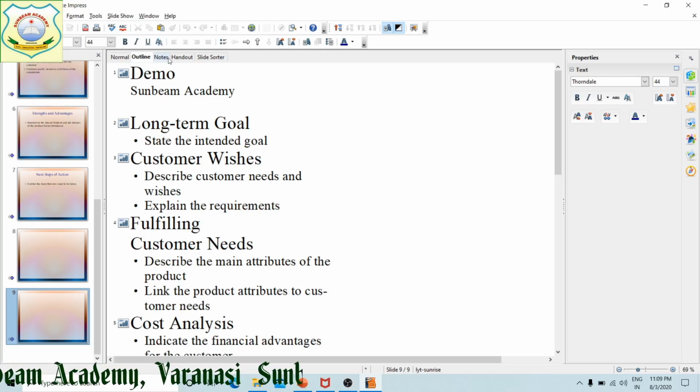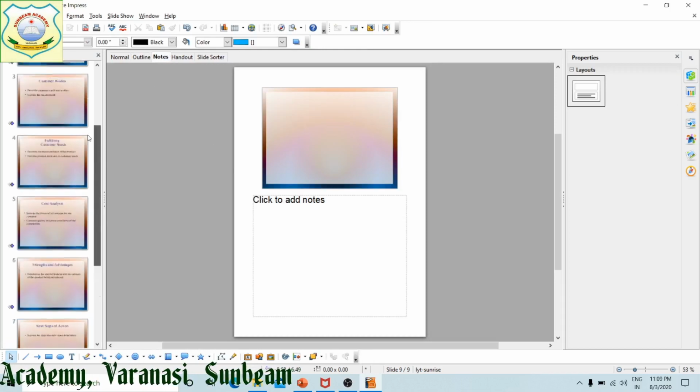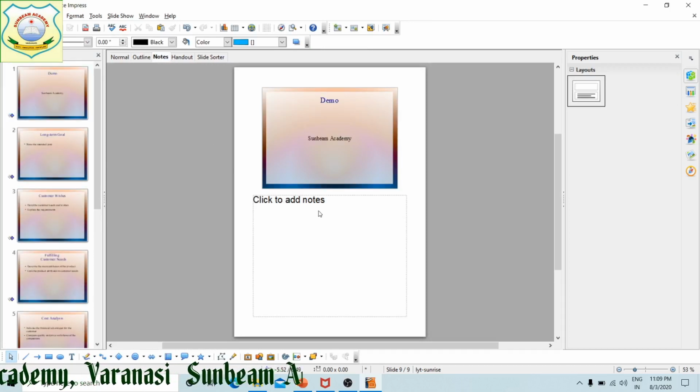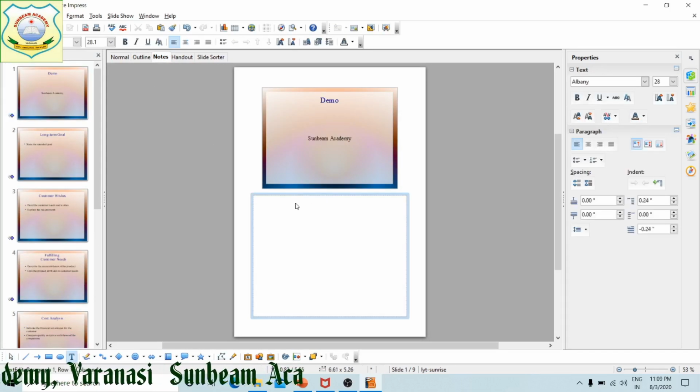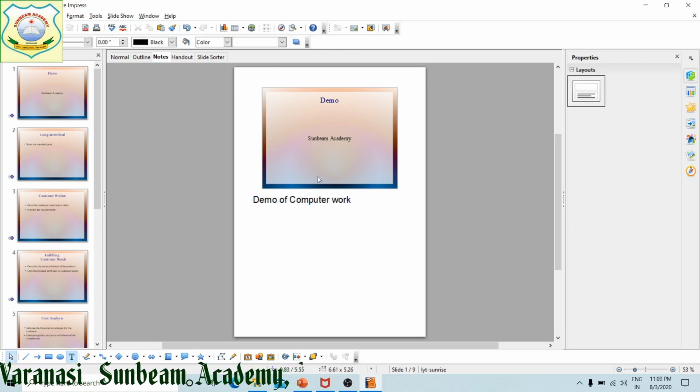Notes is a view into which the speaker can provide notes. Suppose for this I have given a note here, demo of computer work. Suppose I have given it, so that while seeing the different slides, I can understand for what purpose this slide has been made.